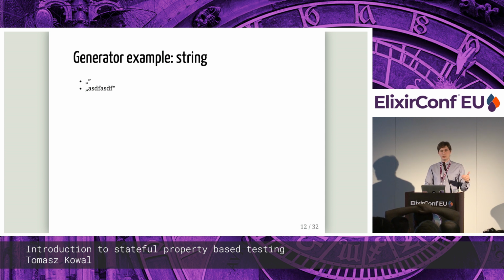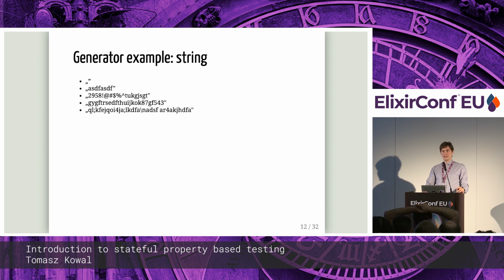Then the generator will try to add something, but again, it's usually smart, so it starts with only alphanumeric characters, and then it tries some other characters, and then, for example, new lines and Unicode, and so on and so forth, until the string might get really big. But then, let's say that a new line breaks our input. So after the test fails,